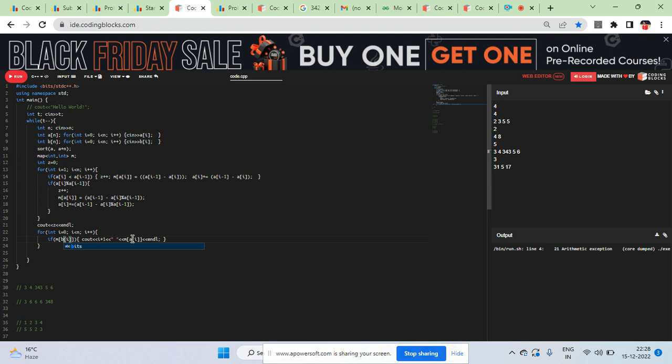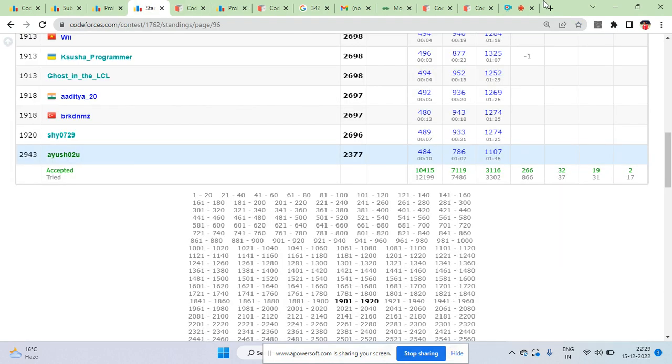सॉर्ट हमने a को करा था, b में हम देखेंगे और b क्या करेंगे, ठीक है। गड़बड़ कहाँ आ रही है, b of i, a of i - 1, a of i, a of i, z plus plus। मैं एक बार दिखा देता हूँ तुम्हें, मतलब करा क्या था हमने।